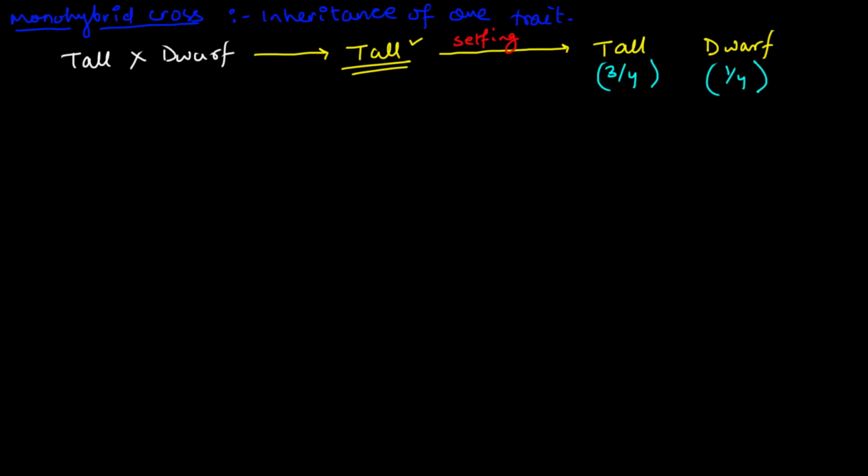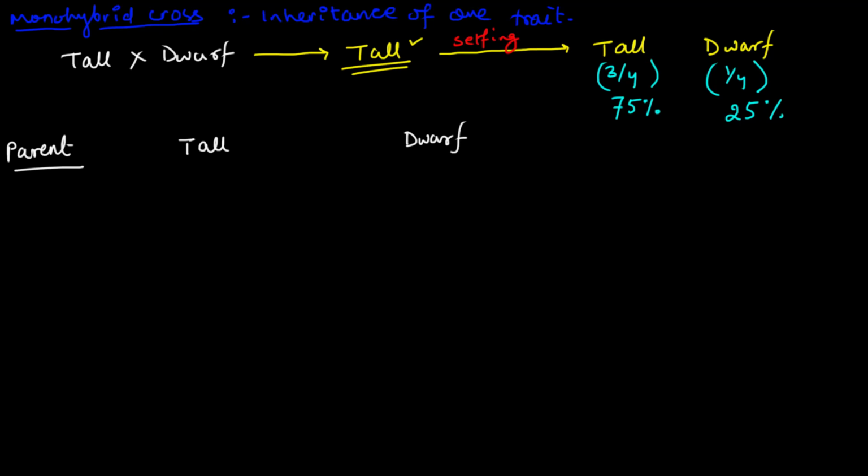So in other words, we can say that 75% of the entire progeny, or the entire offspring, were having this tall trait, while only 25% were showing the dwarf nature. So let us try to understand the genetic basis of these crosses and these outcomes. Let's say we start with the parent, how we solve a monohybrid cross. We start with the parent, and here the parents as per Mendel were the tall and dwarf